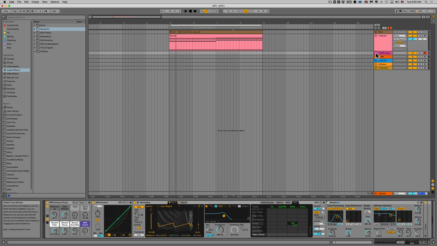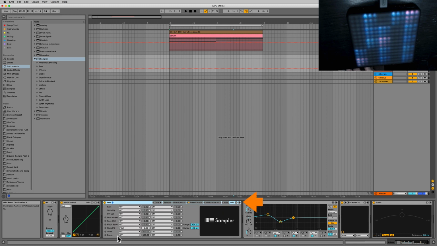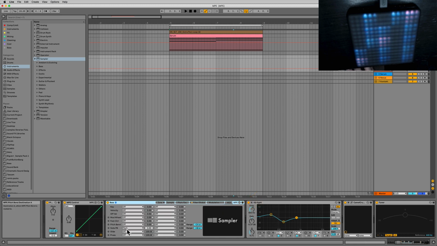I want to show you guys how we could take advantage of it on a Simpler or Sampler. All right, you can see here I've got a bass sample loaded up into a Sampler. So right over here, we can see MPE. If I click this, we've got our pressure, slide, and note right here. Okay, so I can go ahead to my slide, I can click this, and this is all the available things that I have to attach that to inside of my Sampler here. So let's do filter frequency, okay? And then on pressure, maybe I'll do filter resonance, okay? So now if we play this here,